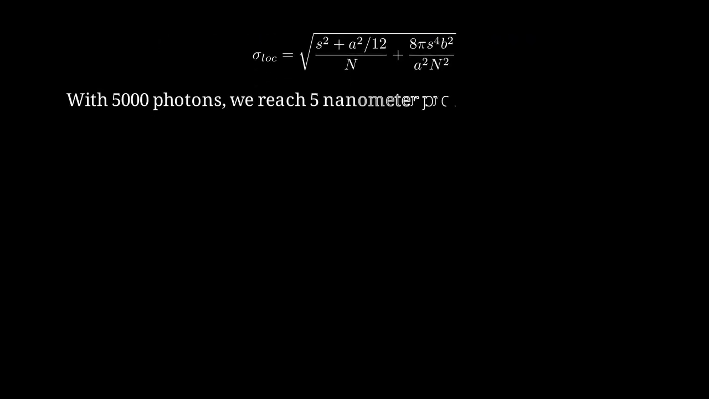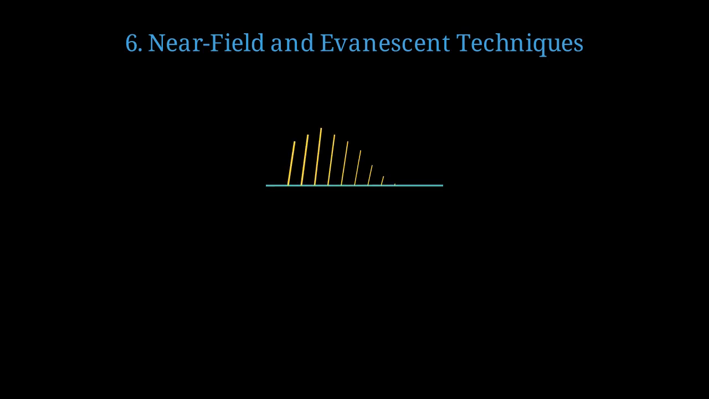With optimized conditions collecting 5,000 photons, state-of-the-art systems reach astonishing 5 nanometer localization precision. Now let's explore techniques that directly access the evanescent near field, capturing high spatial frequencies before they decay. Near-field scanning optical microscopy uses a sharp probe placed within nanometers of the sample surface, capturing evanescent waves before they decay. The resolution in near-field microscopy is determined by the aperture diameter, not the wavelength, achieving resolution below 100 nanometers,